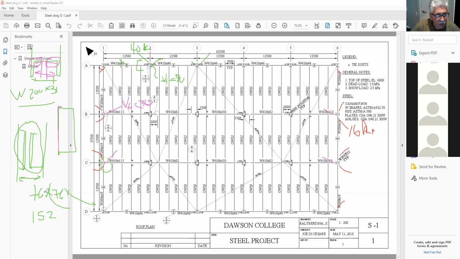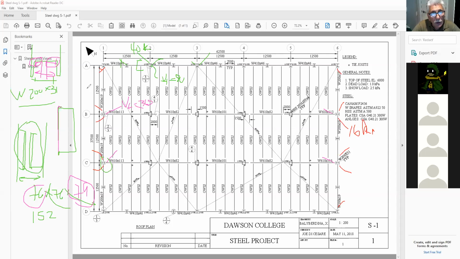What I'm saying is that if you decide to use angle 76 by 76, let's say by 7.9, I don't know what you're going to end up having. This thickness, I don't care. What's important is to make sure that whatever you specify will actually fit here, so that I'm able to support these in here without it interfering with that little fillet. So you're going to have to check that out. That's part of the design. Understand? So this part is basically to find the angle connections between the columns and